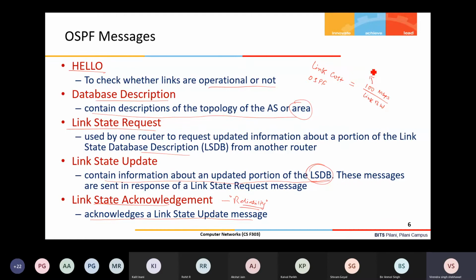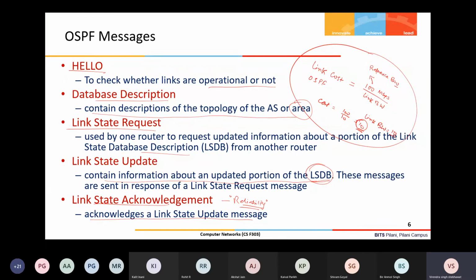The reference bandwidth is 100 Mbps, and the link bandwidth is 10 Mbps, so the cost will be 100 divided by 10, which is 10. So 10 will be the cost for this. This is how the OSPF link cost is measured in real IP networks.